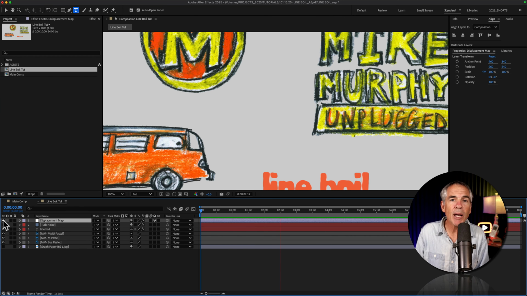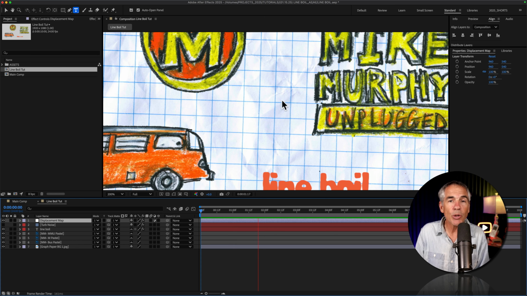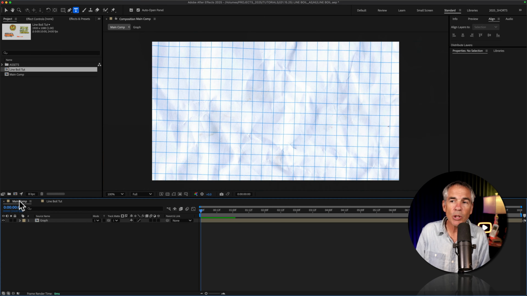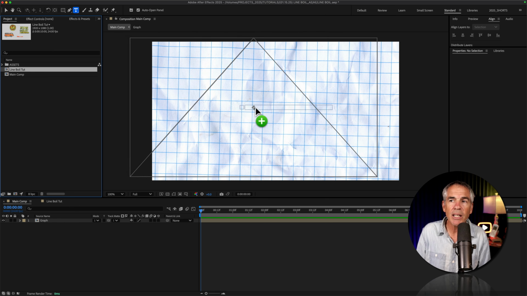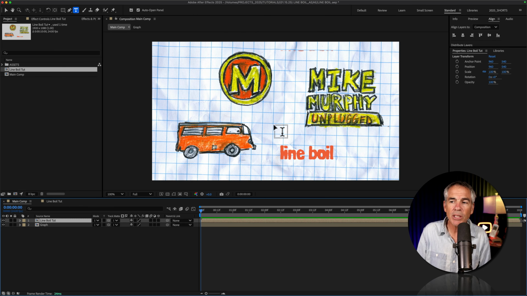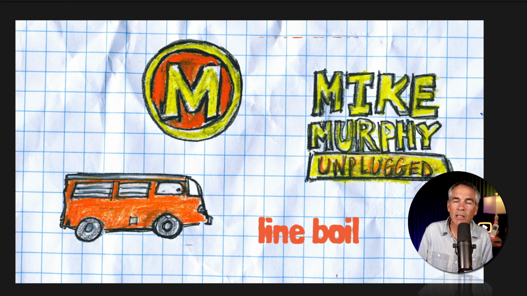Because the displacement map effect is on an adjustment layer, everything below that adjustment layer is getting the line boil. So if I added a solid or a background layer, it's going to get that line boil effect, which I don't want. So all I'm going to do is just go to another composition where I have a background and I'll just take that line boil animation composition that we just created and just drag it into the new composition. Tap the spacebar, and now we have a line boil animation created using the Turbulent Noise and Displacement Map Effects